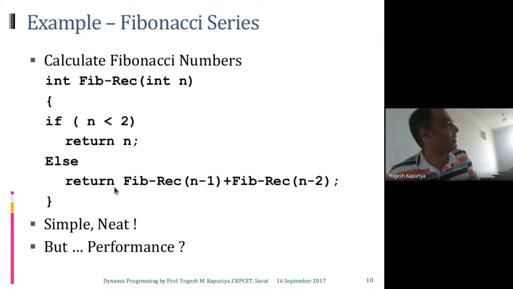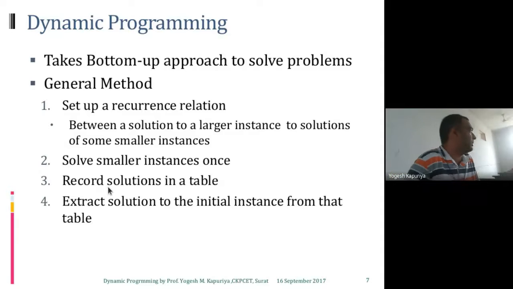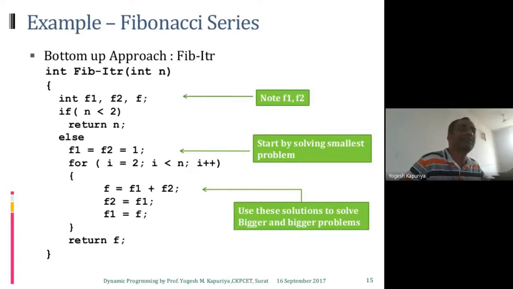Most of the time, top-down approaches are going to be expensive. So dynamic programming takes another approach, another route. That is called the bottom-up approach. The approach is not new. You might think these are two different words, but actually you are already using it, you are already habitual to it. What do we mean by bottom-up approach? Iterative versions are bottom-up. So again, if I see this algorithm.